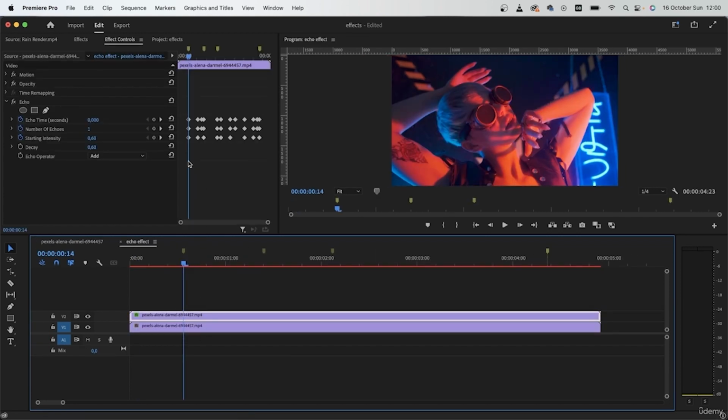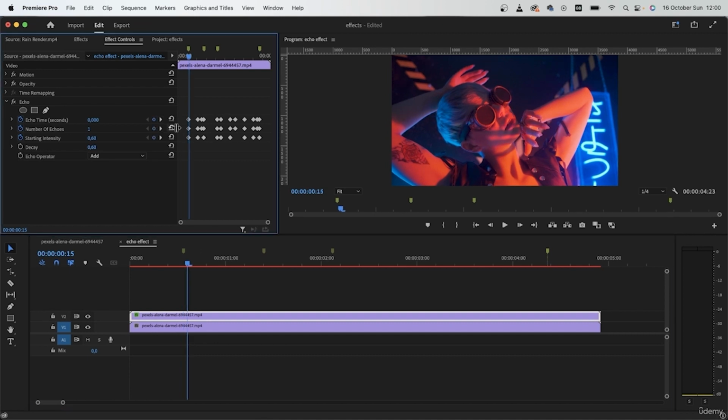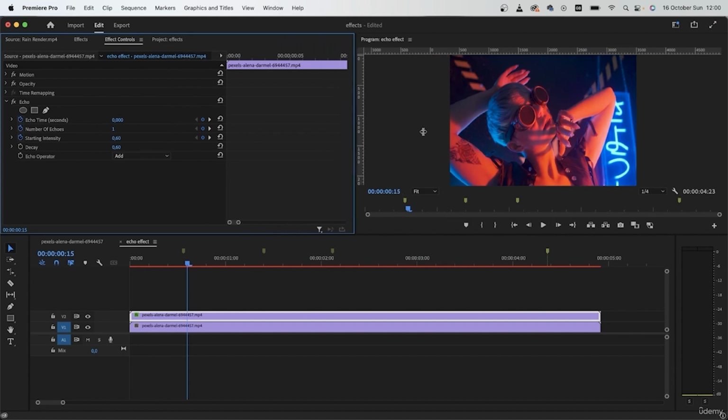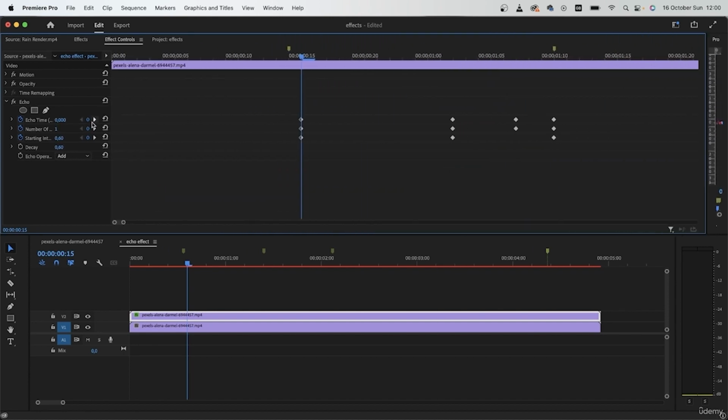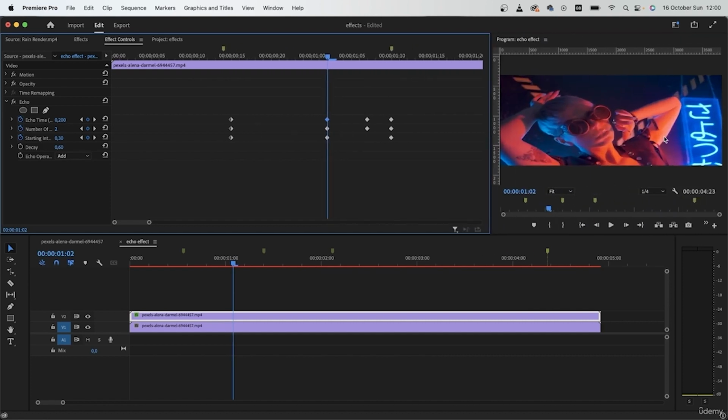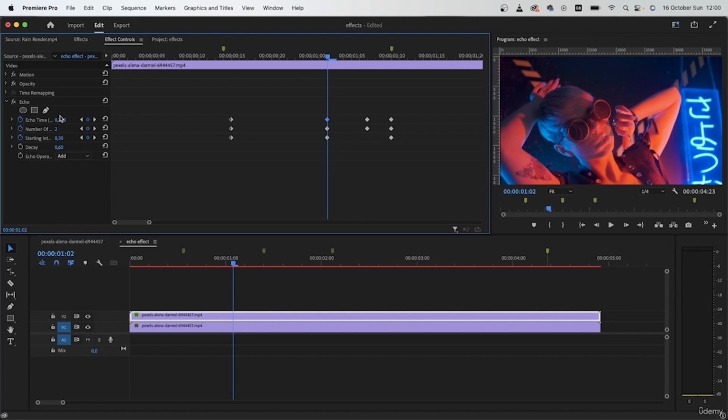So go back in here and maybe intensify some of the middle keyframes. I'm going to open this up so I can see exactly what's happening. Let's go to the first set of keyframes. And of course, I want to see a preview. Maybe add to the number of echoes. Let's go with 5. Turn the echo time like